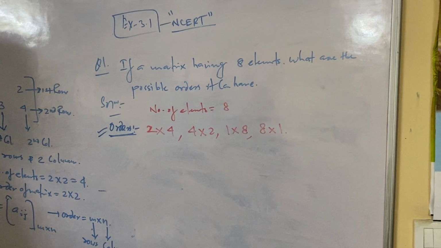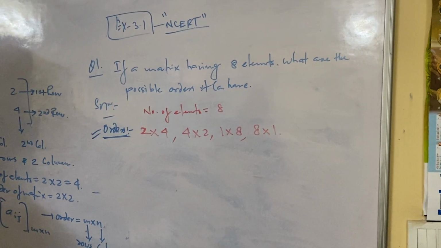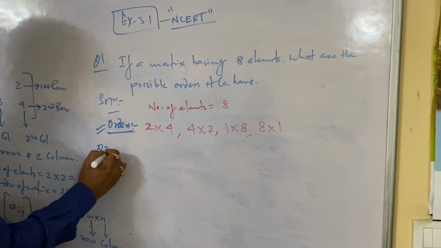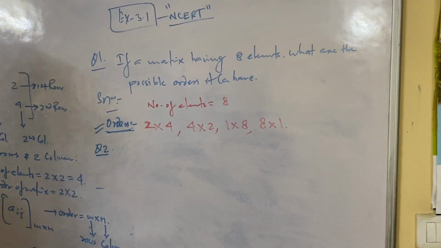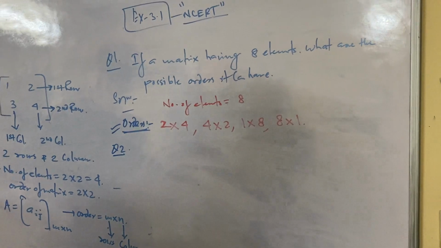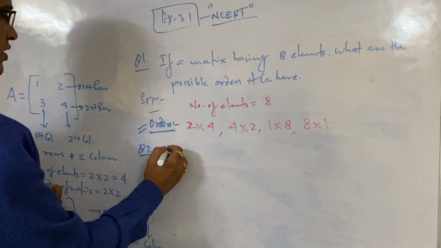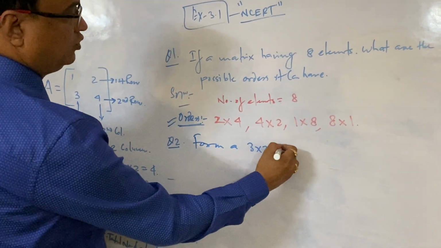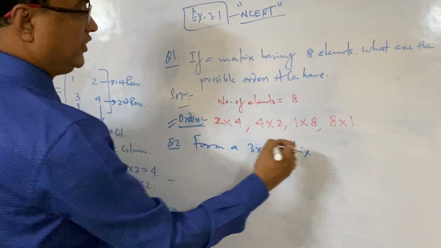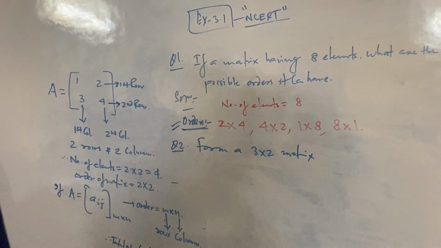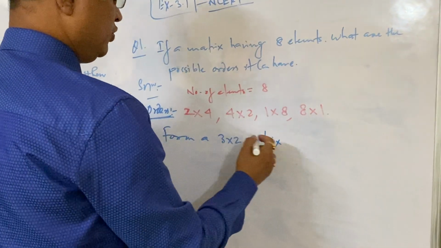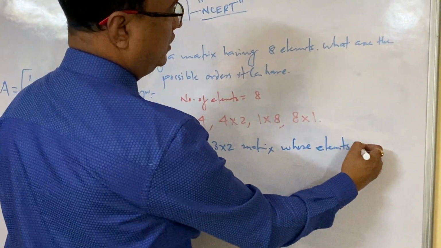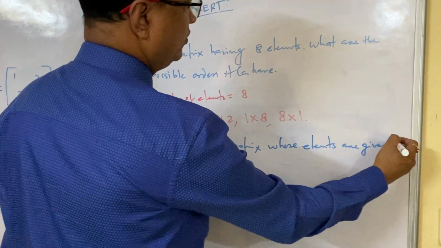You have some more questions in your book in exercise 3.1. You can go for that. Take another question. We want to form a 3 by 2 matrix. So form a 3 by 2 matrix whose elements are given by,